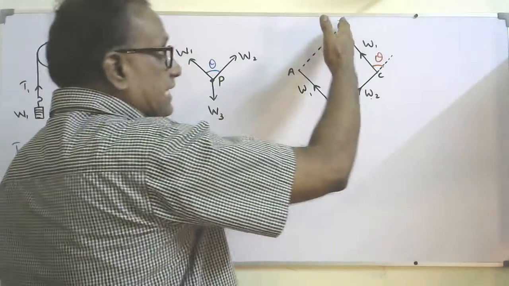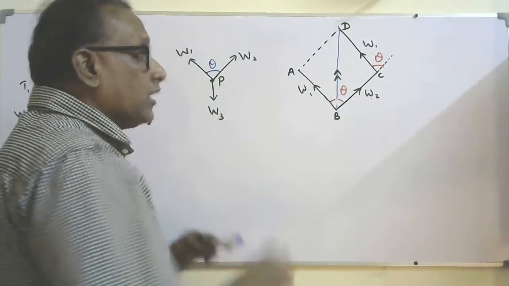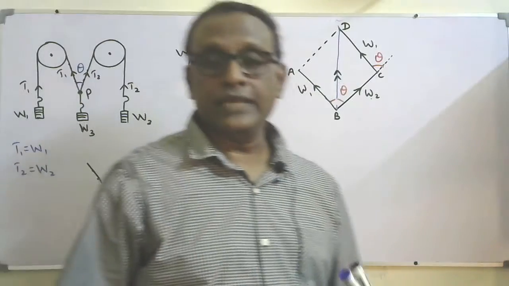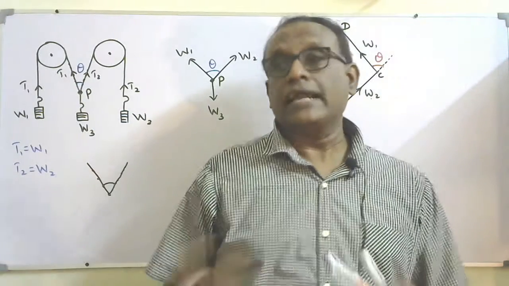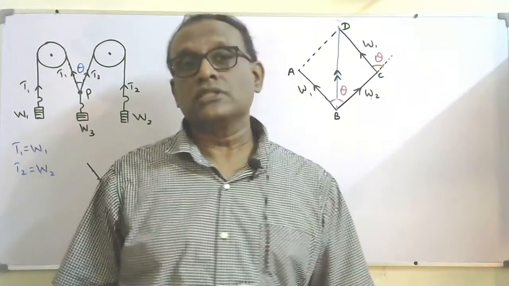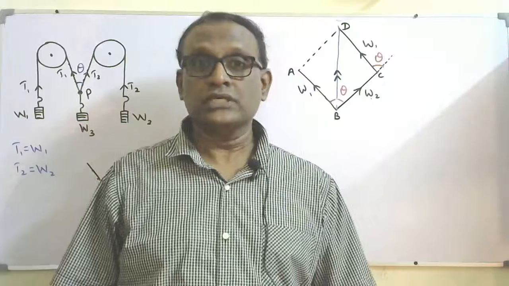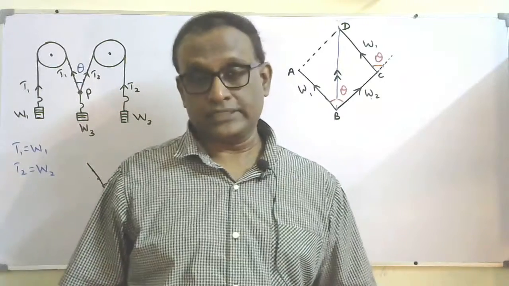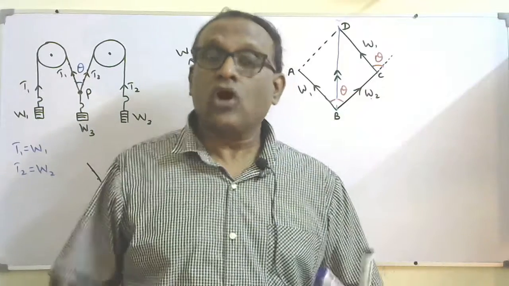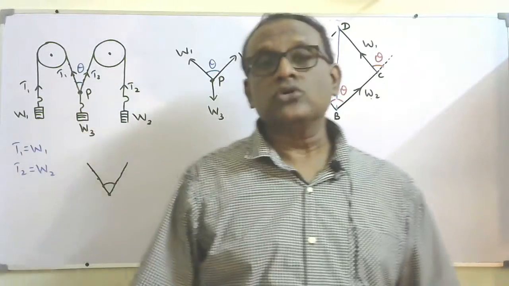Also, you will see this line is exactly vertical. So this experiment clearly shows that force obeys the vector addition rule, and therefore force is a vector quantity. Therefore, force can be shown by a triangle or polygon, and we are able to use geometry and trigonometry. By using geometry and trigonometry only, we are able to solve all the problems related to force.